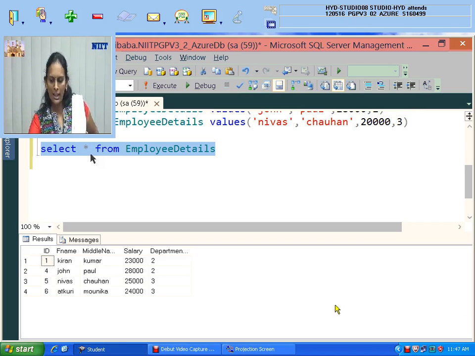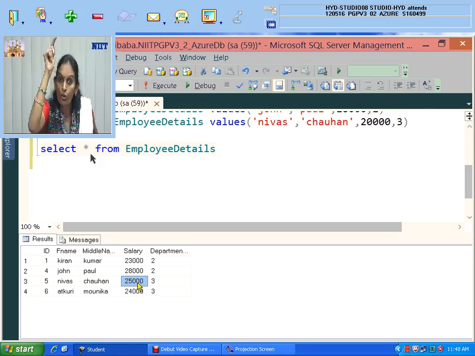Can you see that it has become 25,000? These are the single one-line commands using direct SQL with which I can do insertion, deletion, updations easily. So this is one. And in your code first approach, automatic generated code, there are some other methods with which I can do the insertions, deletions, updates.